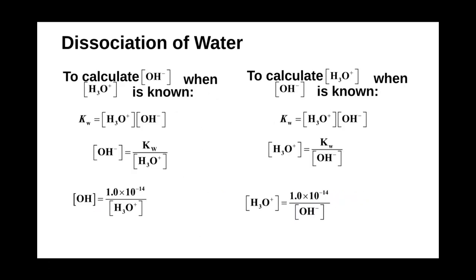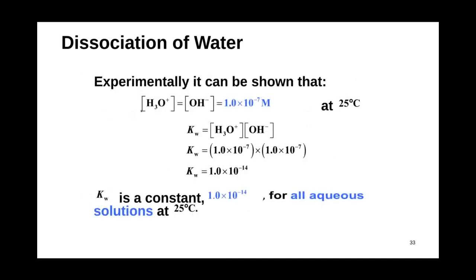Now, getting a little bit more into how we physically use this mathematics. We can calculate the concentration of hydroxide or hydronium when only one of them is known. If we don't know the concentration of hydronium, we simply know our equation, let me hop back one slide, is this. Thus, we can rearrange this equation mathematically to calculate the concentration of this or this. Why? Because we always know Kw is equal to 1 times 10 to the minus 14.